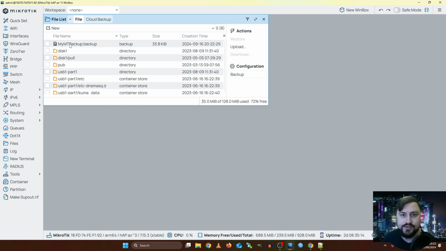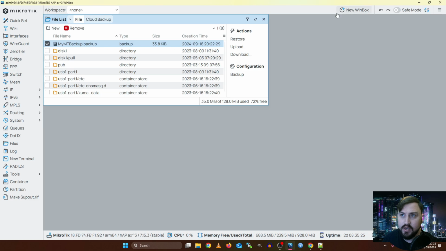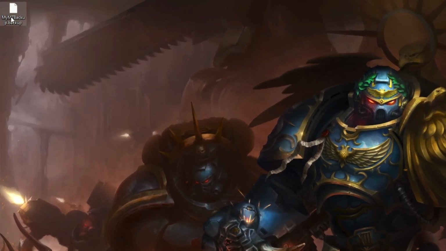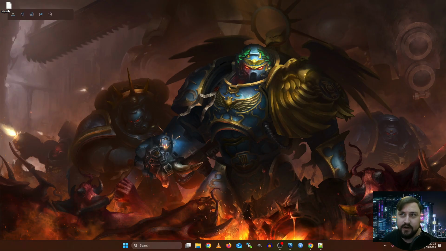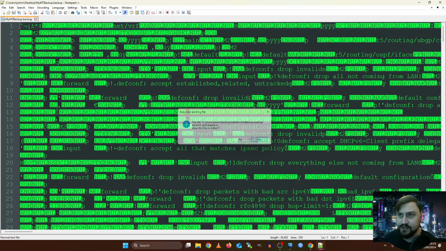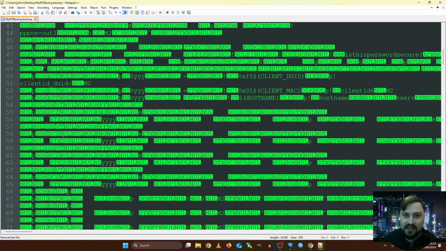And now I can quickly just download this onto my local machine. So I could just right click on this, click on download, and then I can just say where I want to store this on my local machine, maybe on my desktop. And then if I just navigate onto my desktop, we will see the new my MikroTik backup file. Now I can try and open this file with something like a text editor like Notepad++. And the first thing we'll see is it looks really weird